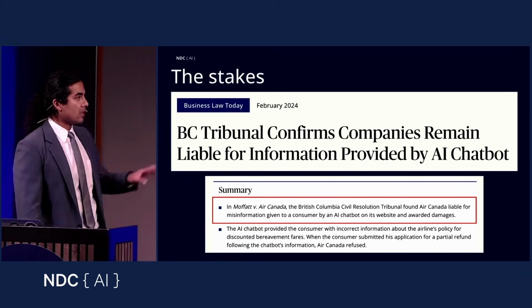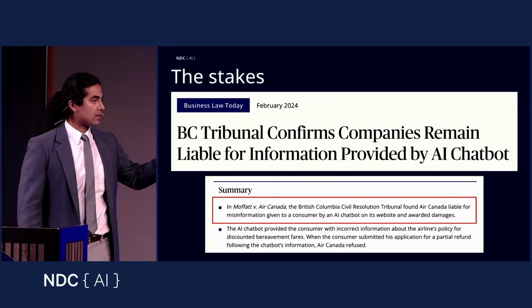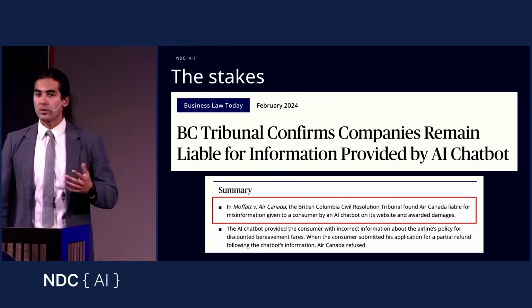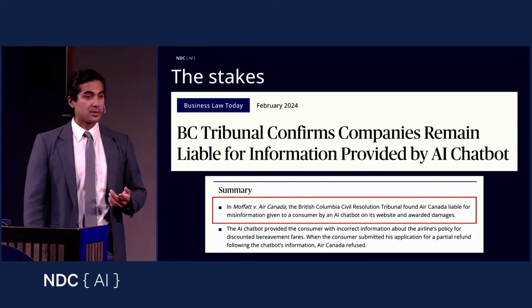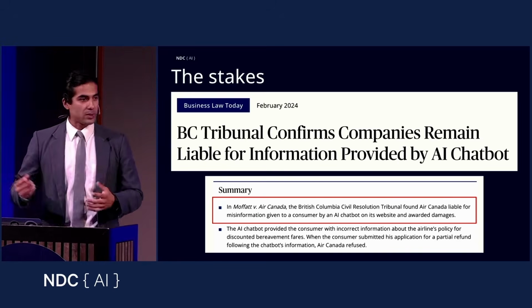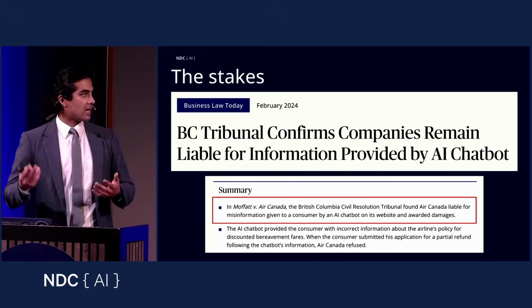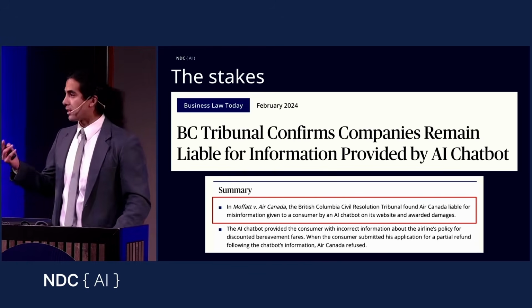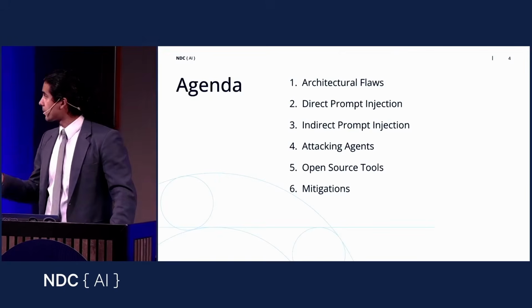Air Canada, where the tribunal found that a company was liable for the responses that a generative AI model gave to their clients. Sometimes we think about this as just chatbots, but the responses they give to potential customers can cause harm, and companies can be held liable as a result.